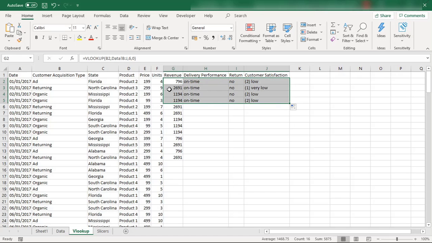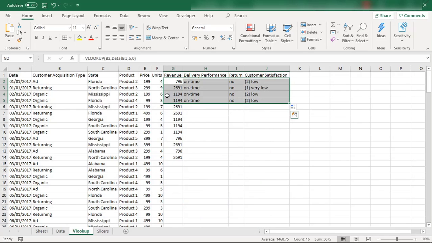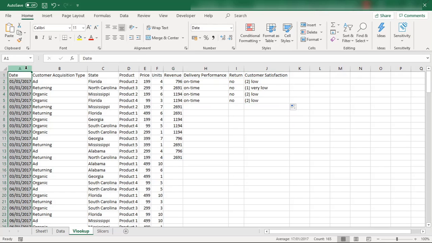Just look at it, and you can verify the second record also, returning Carolina, and look at here, 2691 on time no and very low, and look at here, on time no and very low. So just drag it here, and if you want to drag it for the complete range, so that this formula applies to all the 165 records, then you can